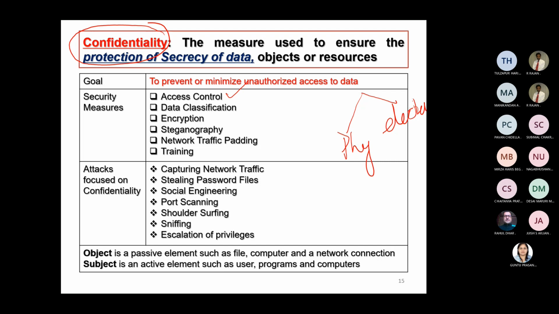More importantly, your organization needs to have data classification. The data classification standard is such that the organization needs to classify the information into what is sensitive, what is confidential, and what is public. Sensitive information needs a very different kind of treatment. Confidential information needs a very different kind of treatment. Public information perhaps does not require any treatment. So you don't need to invest in any technology control for information which is going to go public.